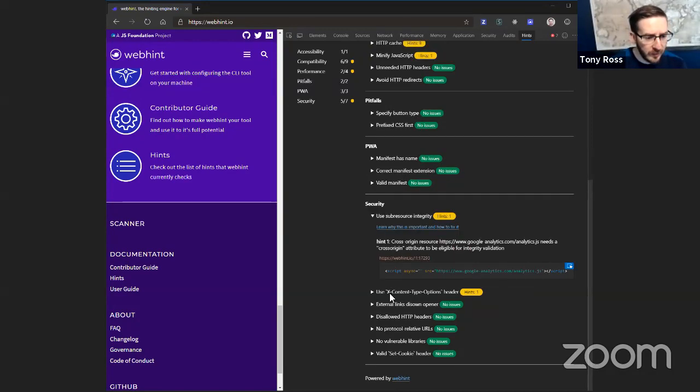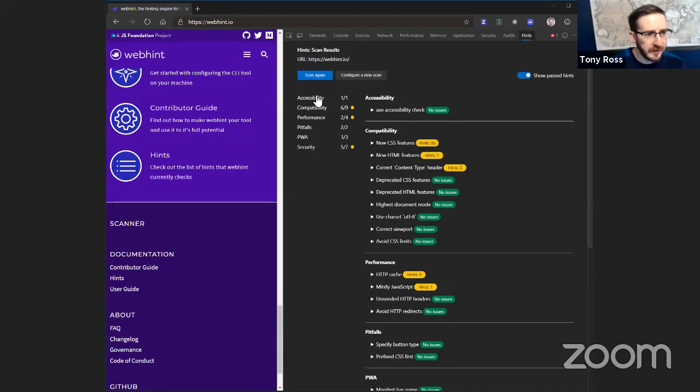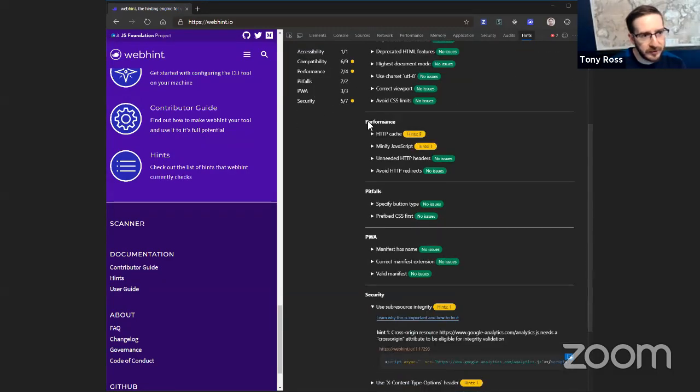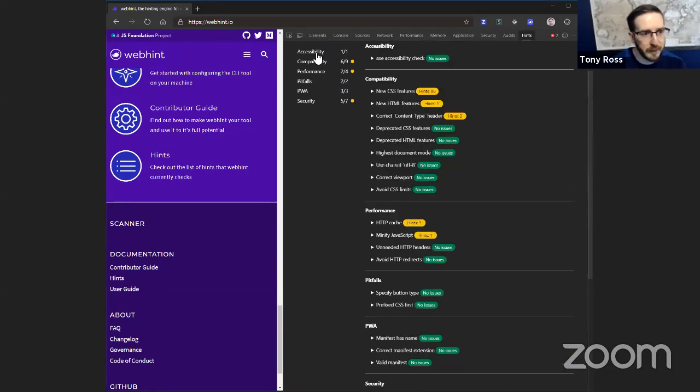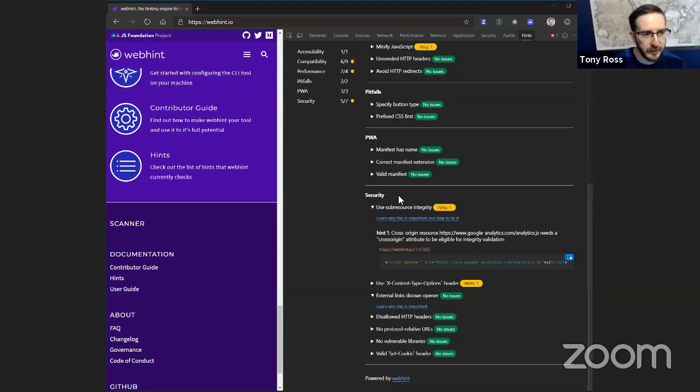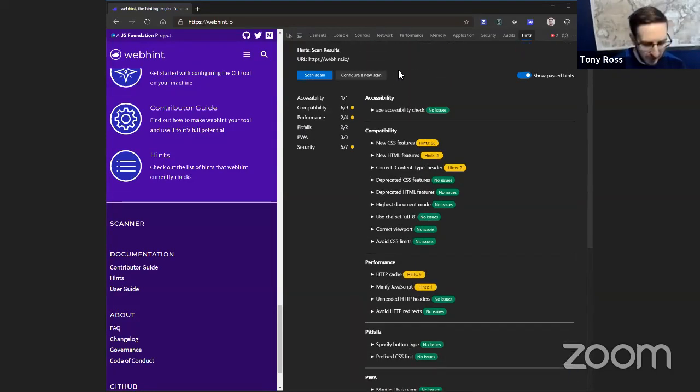And then the summaries we have over here on the left. So you can see that we've got this sticky position now, so we can still see that as we scroll through. I can use it to jump back up to accessibility or jump down to a different category. Just like with the,